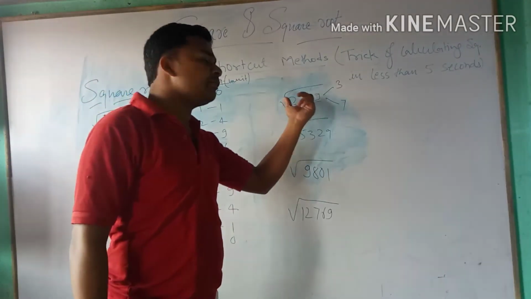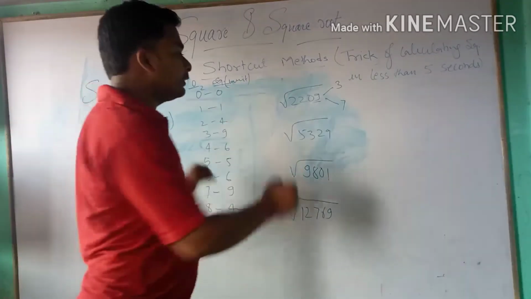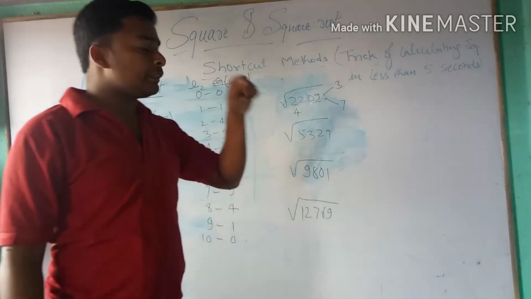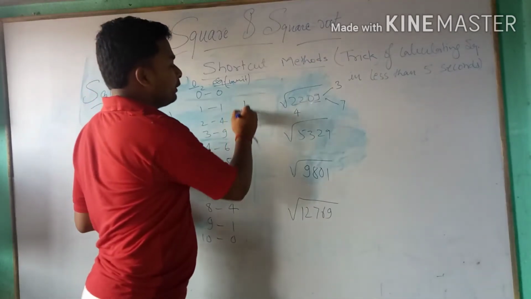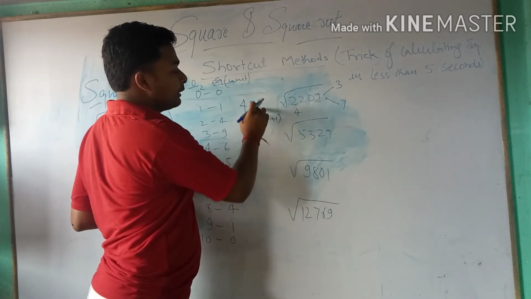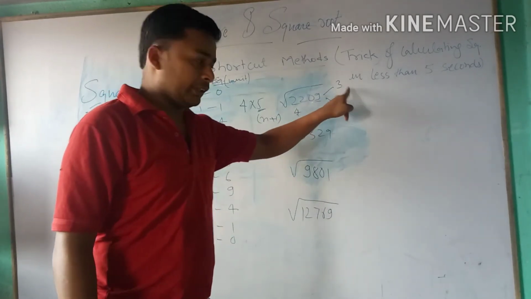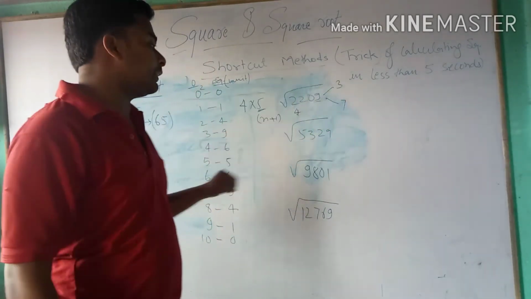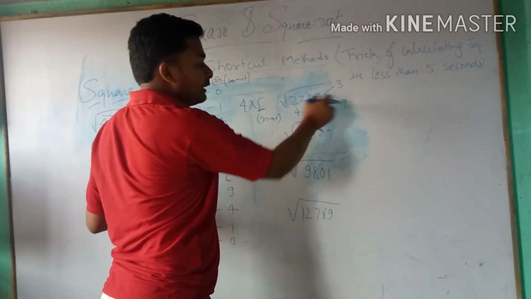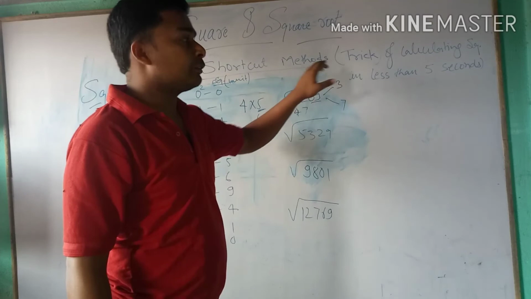Now we will check 22. 22 is just less than the square of 5. So 5 is not possible. So the tens place is fixed, that is 4. Now there are two possible answers, that is 43 or 47. To check that, we will consider 4 into its successor number, n into n plus 1. n is 4, the next number is 5. If the question is less, the answer is less 1. If the question is greater, the answer is greater. So here we will consider 4 into 5, it is 20. The question is greater, so the answer is greater 1. If the question is bigger, the answer will be bigger; if the question is smaller, the answer will be smaller.